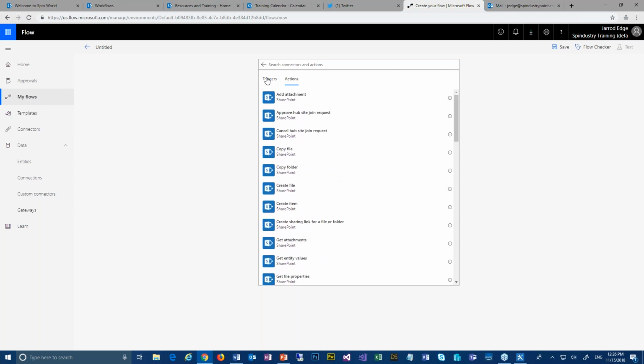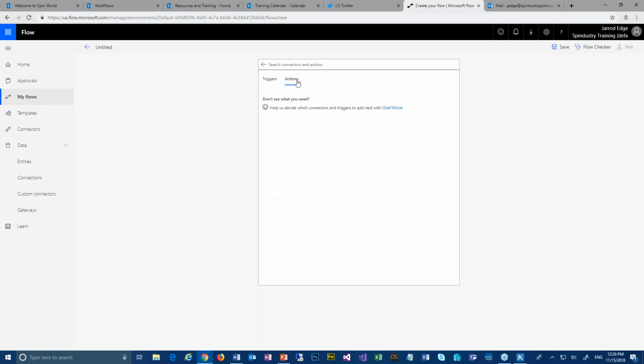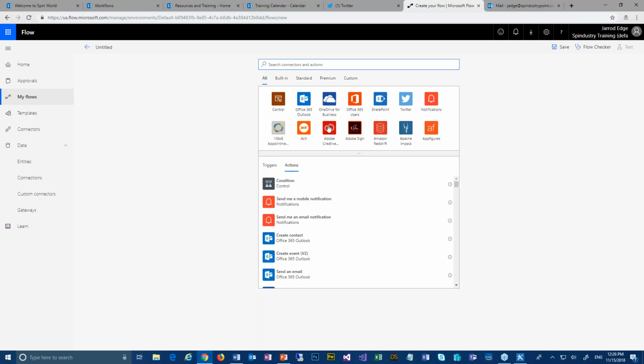So those are the two things you need to know. There are some triggers and there are some actions, and each one of these connectors is going to have its own types of things inside of there. And I think that's phenomenal. So those are just some things that you could do. I wanted to mention, so I showed you the